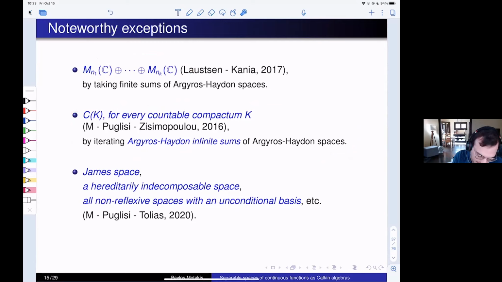Okay, so lots of good questions. So this was 1 plus epsilon. Let me write it down. For any epsilon, you could do a different construction for any epsilon. The 1 plus epsilon was important to be able to continue the iteration. So you are able to do other examples by taking composite Argyros-Haydon spaces. So another example, maybe worth mentioning here, is